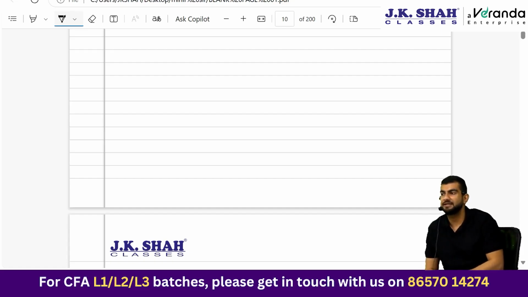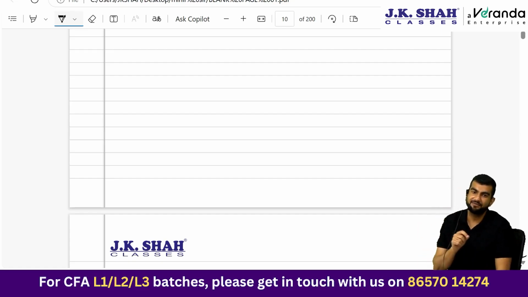Now let's learn the 5 terms under income tax terminology. First was taxable income, the income on which tax is calculated. Second term was taxes payable. Third is taxes paid. Fourth is tax base. Tax base is nothing but carrying value as per the tax records. And last but not the least, 5th one is what? Tax loss carry forward.